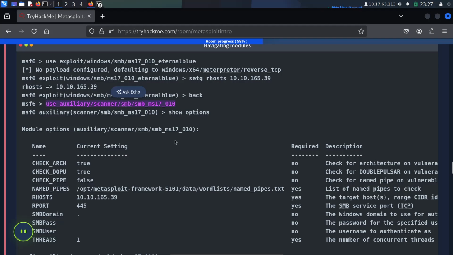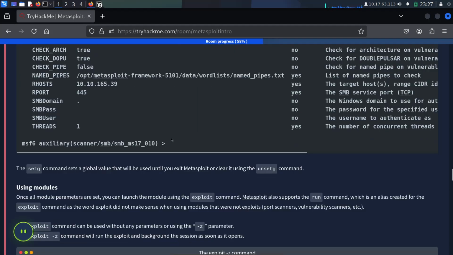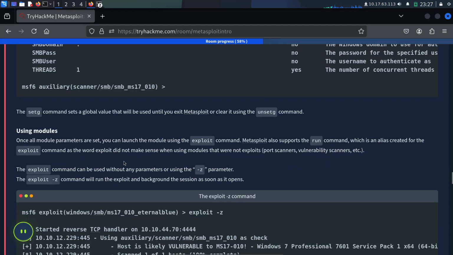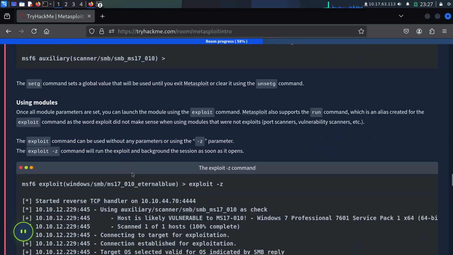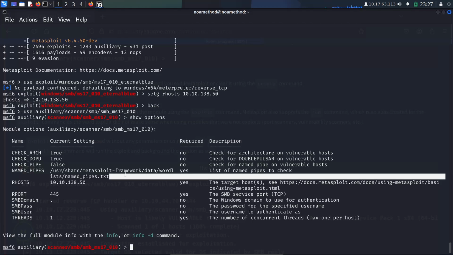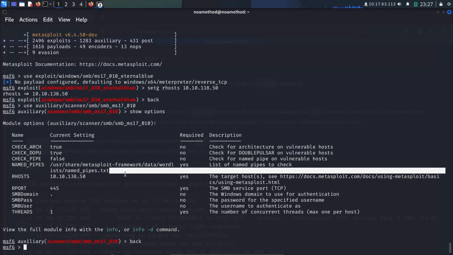Then this is the auxiliary. When we run the command, we go back to the use of EternalBlue.